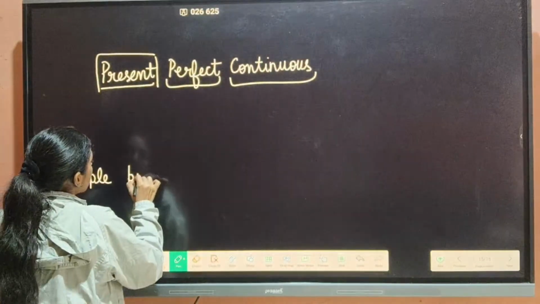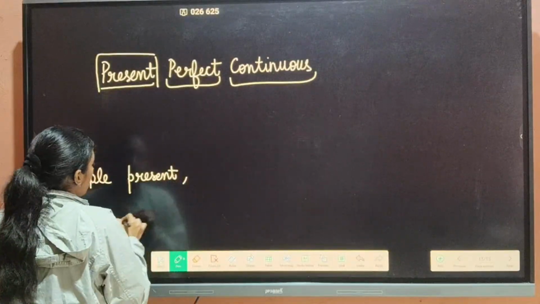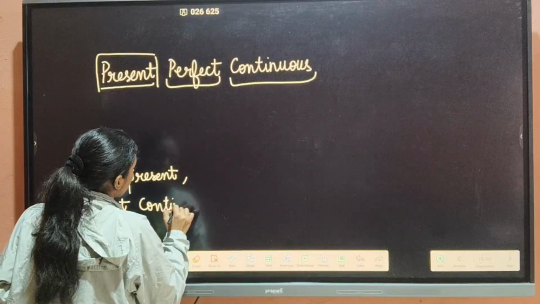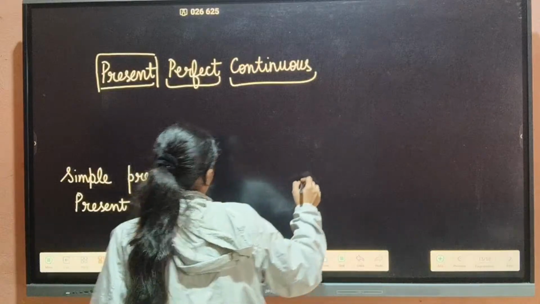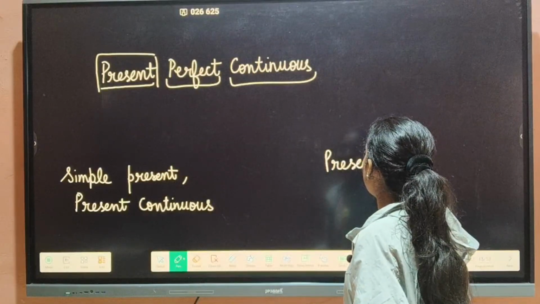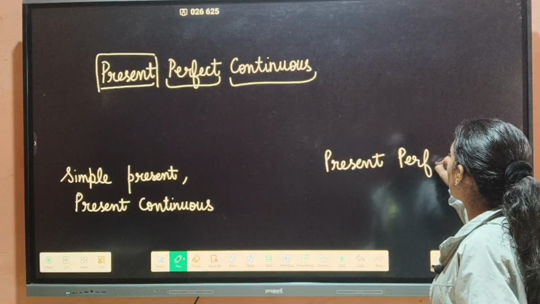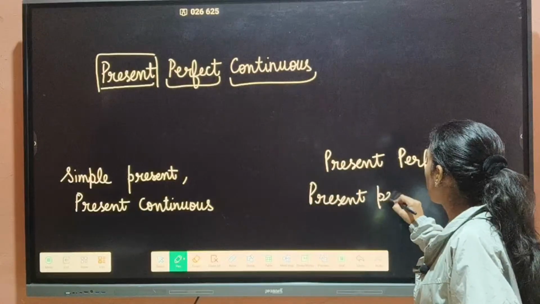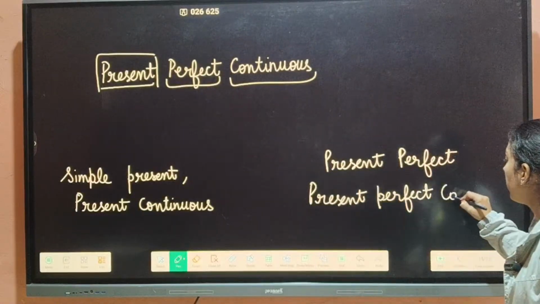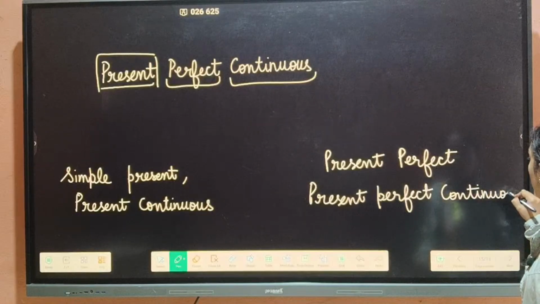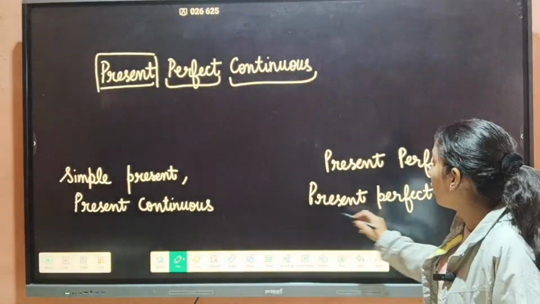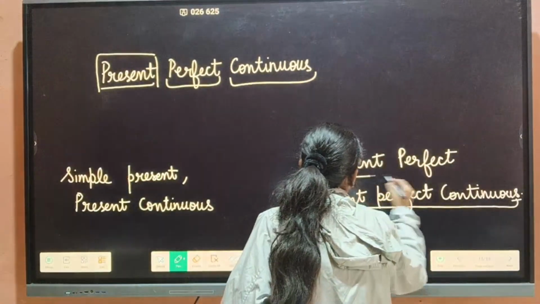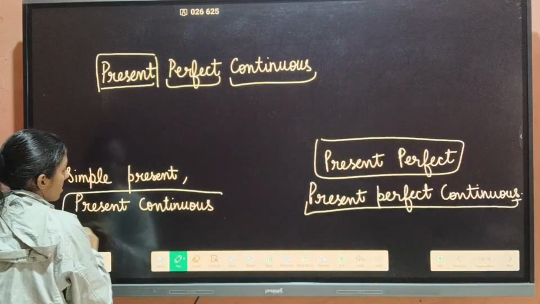Okay, simple present, present continuous, then we have present perfect and present perfect continuous. Okay, so if you will see this tense, beta, present perfect continuous is mixture of present perfect and present